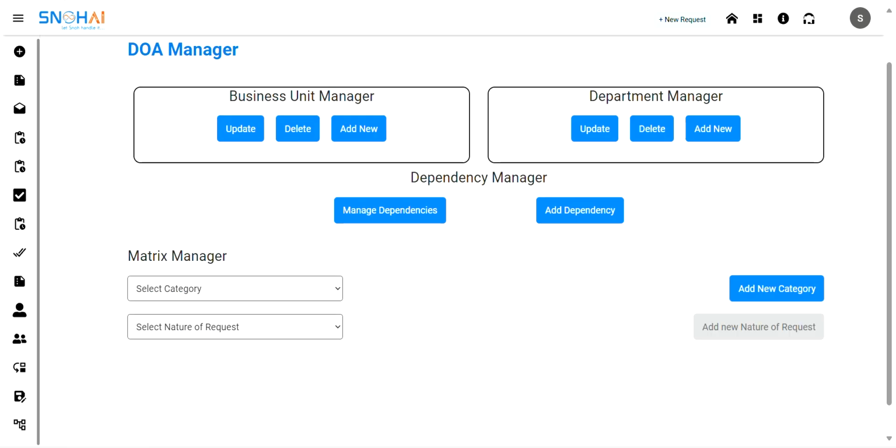This page is for managing the list of business unit, department, and locations. A new location can be easily added with a simple prompt. It can also be deleted. The existing ones can be easily updated if required. This tool ensures there is a proper authorization levels maintained at all hierarchies. A user can add any dependency in the dependency table. The user can edit the table for new configurations.